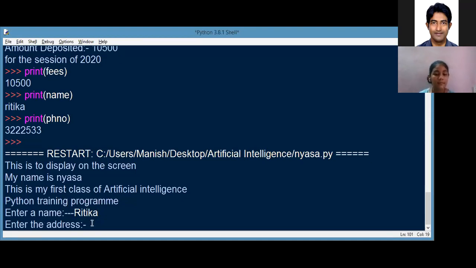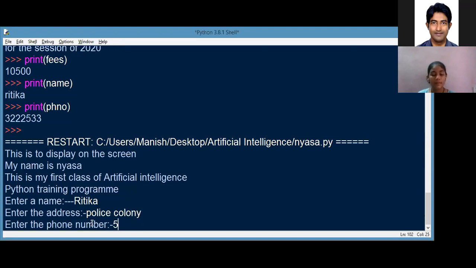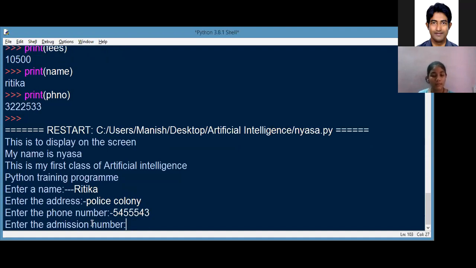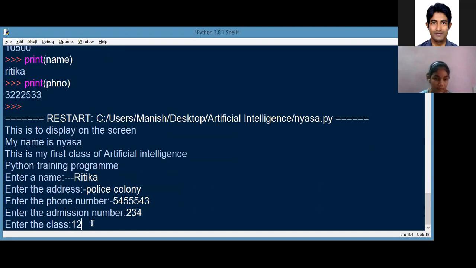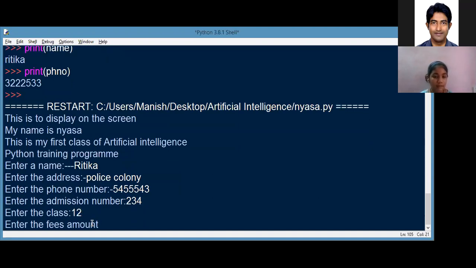Name. Address. Address is Kalani. It will be stored in which variable? ADNO. PHNO. Oh, sir, admission number is ADNO. Class 12. Now the fees amount.